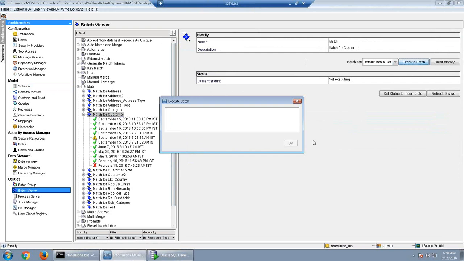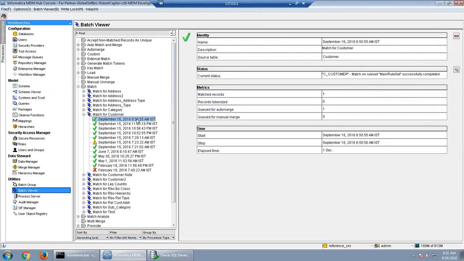So we'll again go to the match process and click on execute batch, because we want to execute the default rule set itself. Only one record got matched.